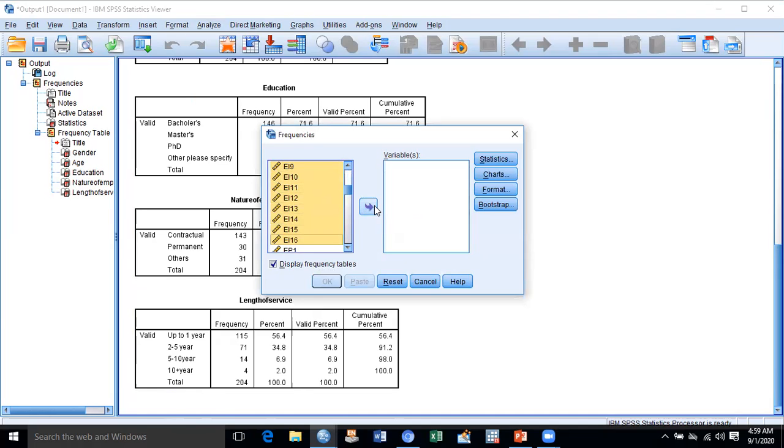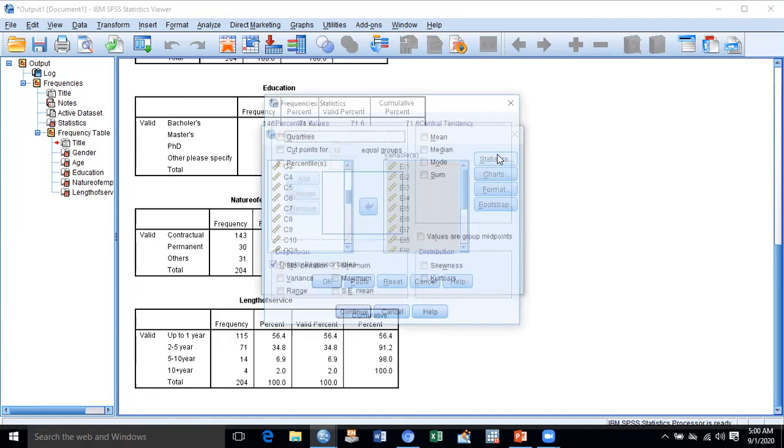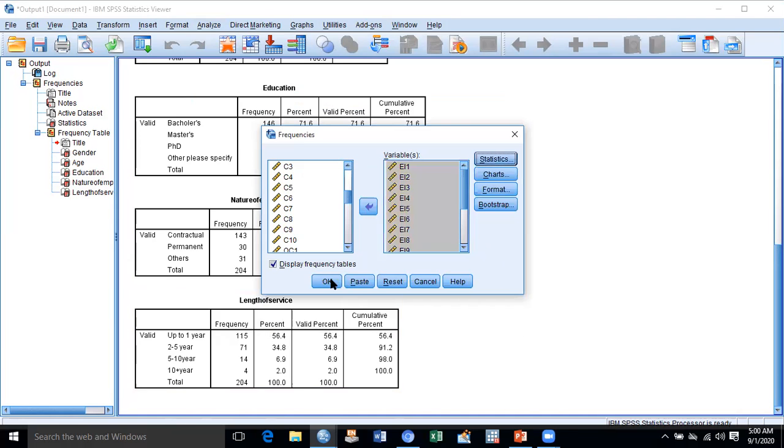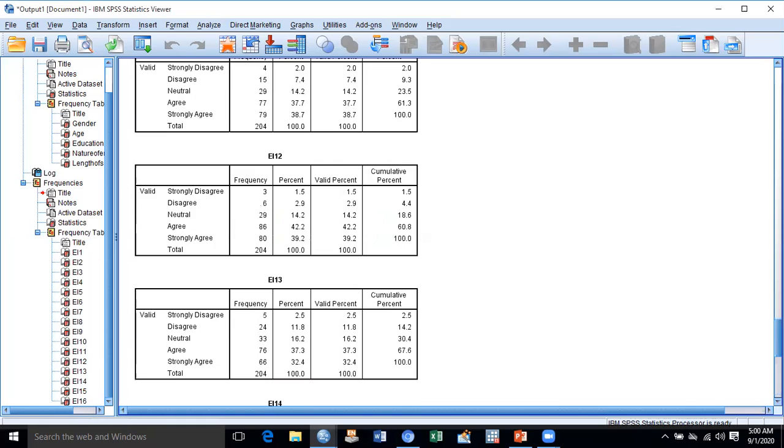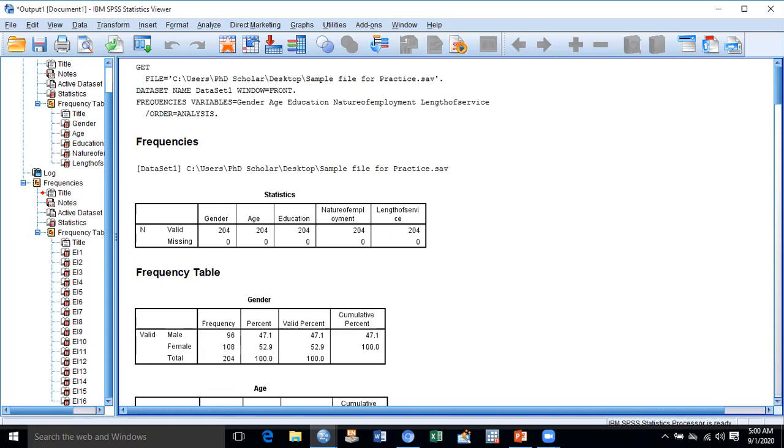These are basically the questions of one variable which we have collected through data. Here I have shifted all variables to the right side, and I can also get the frequencies of this data as well. Here you can see I click OK, and here you can see valid and all frequencies are given.